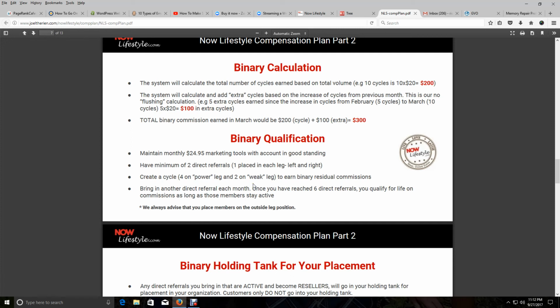things where you have sponsored 6 direct referrals and have placed 1 in each leg on the left and the right, you're qualified for life for commissions, no matter if the rest of the people in that leg come from the downline you have sponsored. It doesn't matter who sponsors them after that point. You only need to have 6 direct referrals over time, and that'll qualify you for life, the 6 active downline